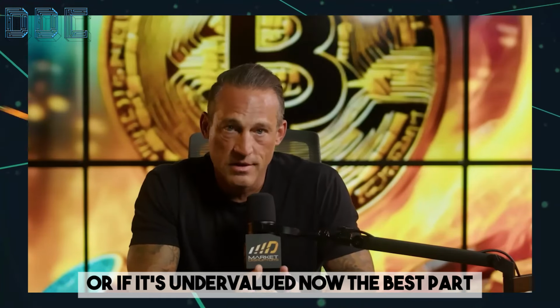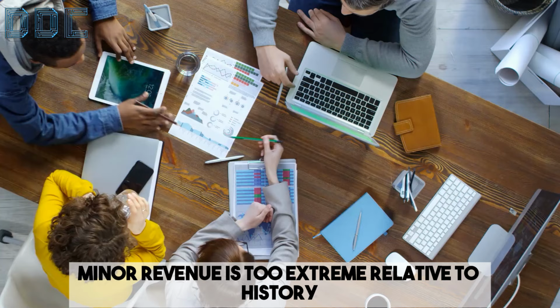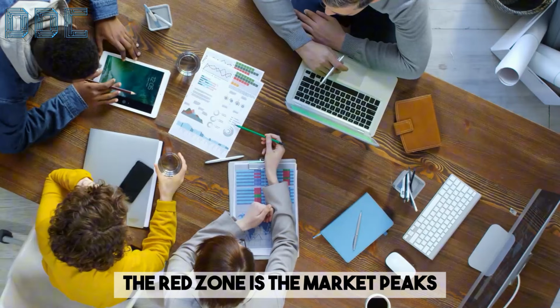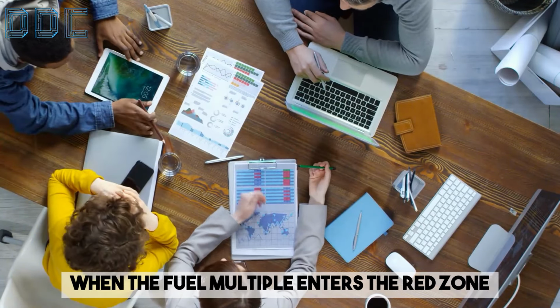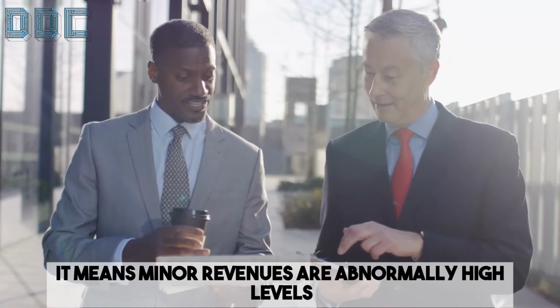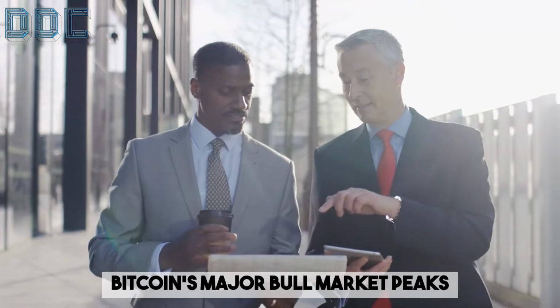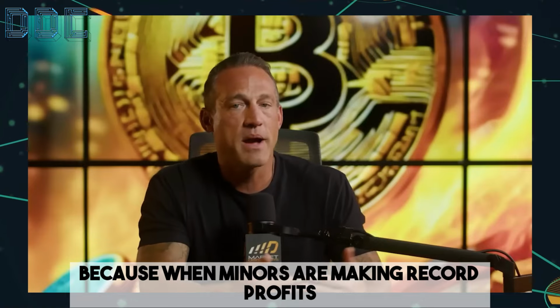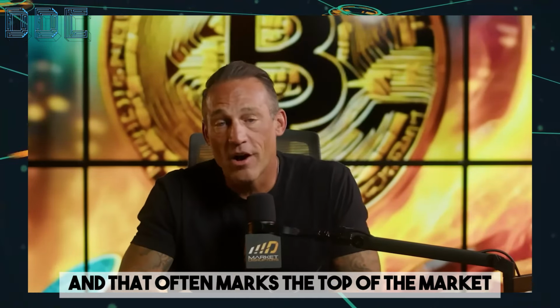Now, the best part, this indicator has nailed every major Bitcoin cycle top and bottom by showing when miner revenue is too extreme relative to history. The red zone is the market peaks. That's the warning zone. When the Puell multiple enters the red zone, it means miner revenues are at abnormally high levels. Now, historically, this has coincided with Bitcoin's major bull market peaks, because when miners are making record profits, they're usually selling a lot. And this adds a lot of supply to the market,